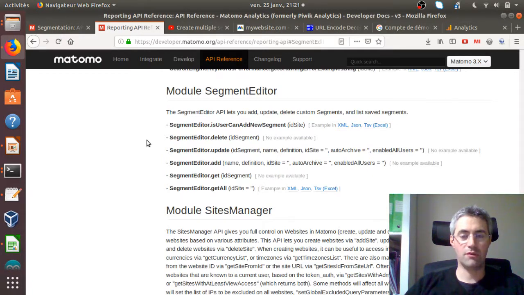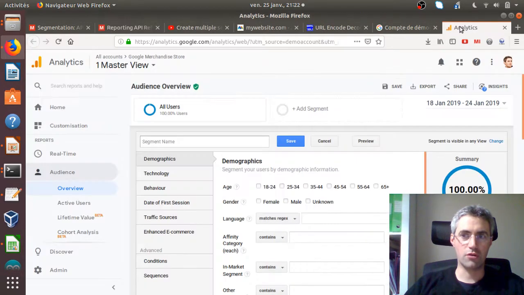It will be about segments and how you can, let's say, extend the use of segments thanks to the API of Matomo. So the typical things that I would like to show here is that